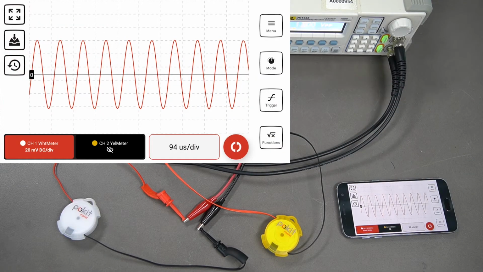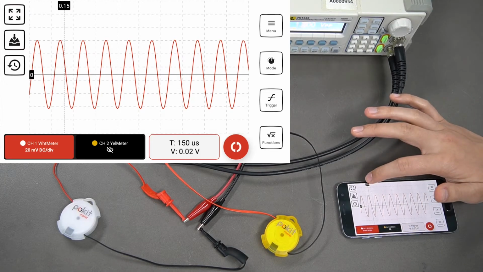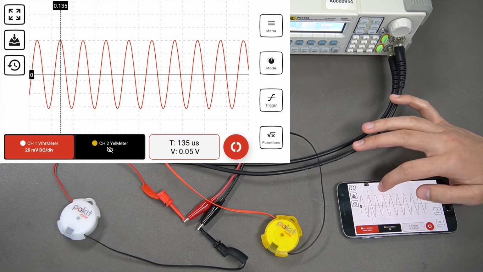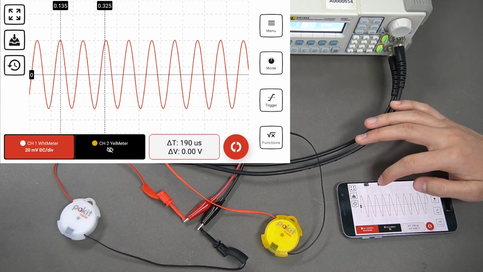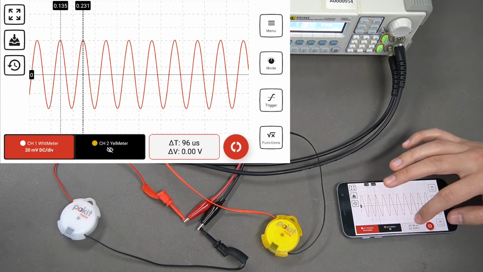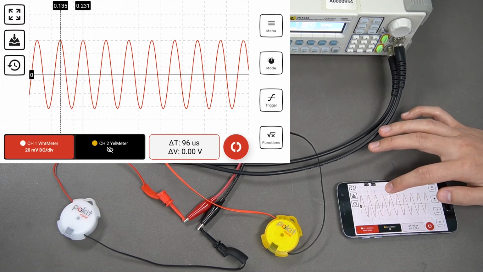You can also add cursors as well. Select anywhere on the grid and it will bring up a cursor. You can tap that and drag it to put it wherever you want. And you can add a second one by just holding somewhere else on the screen. You could drag it wherever you want, and you're going to get the difference between the two values down the bottom here. And to get rid of that, you just hold down anywhere else on the screen and they'll